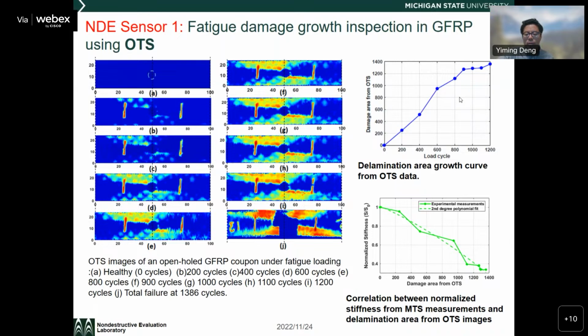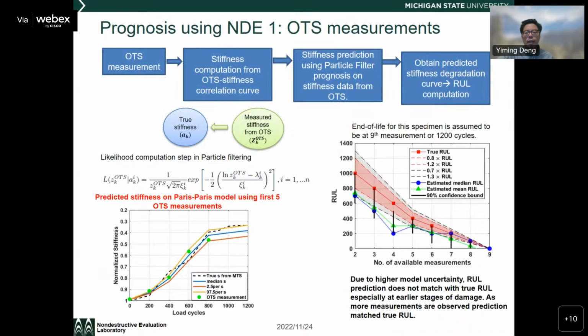And you can find the correlation between normalized stiffness from MTS measurement and the damage area from OTS images. You can find this correlation by plotting the stiffness versus the damage area from OTS. So you have a good correlation, with a second-degree polynomial fit. Okay, now